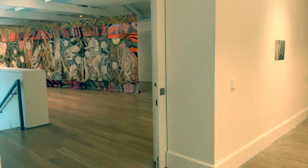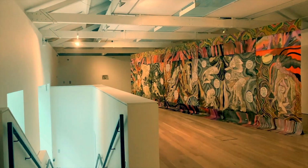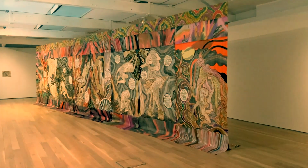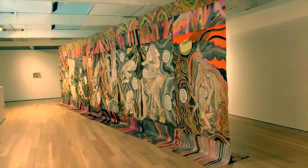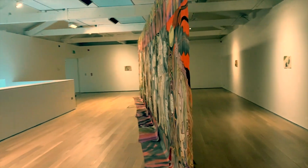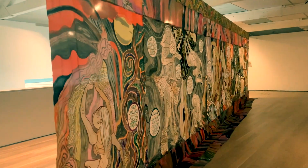And at the time of filming, the temporary exhibition was focused on the artwork of English artist Emma Talbot. Again, this film can't or doesn't attempt to do justice to Talbot's work, but hopefully it'll give you a good feel for what the model is all about and what you can expect to find here. Although this is an impressive work,